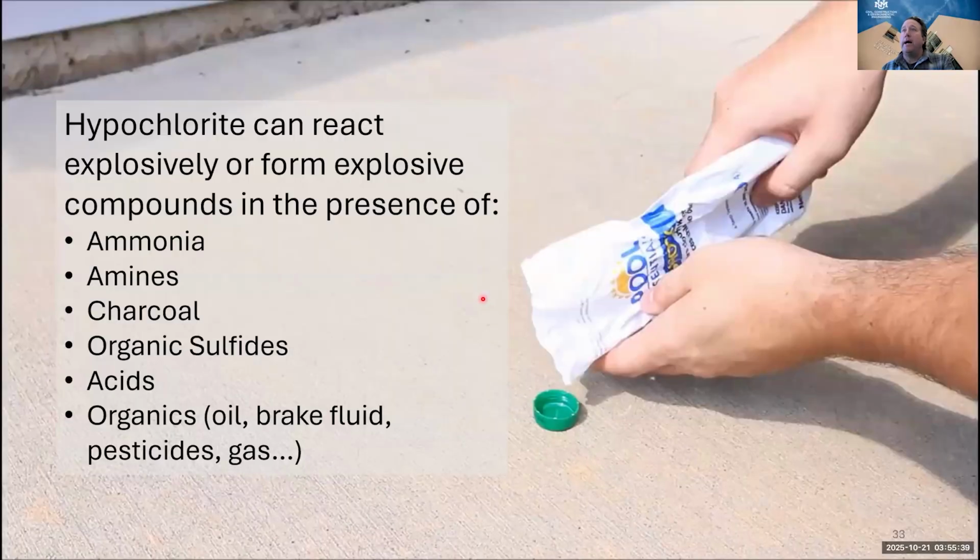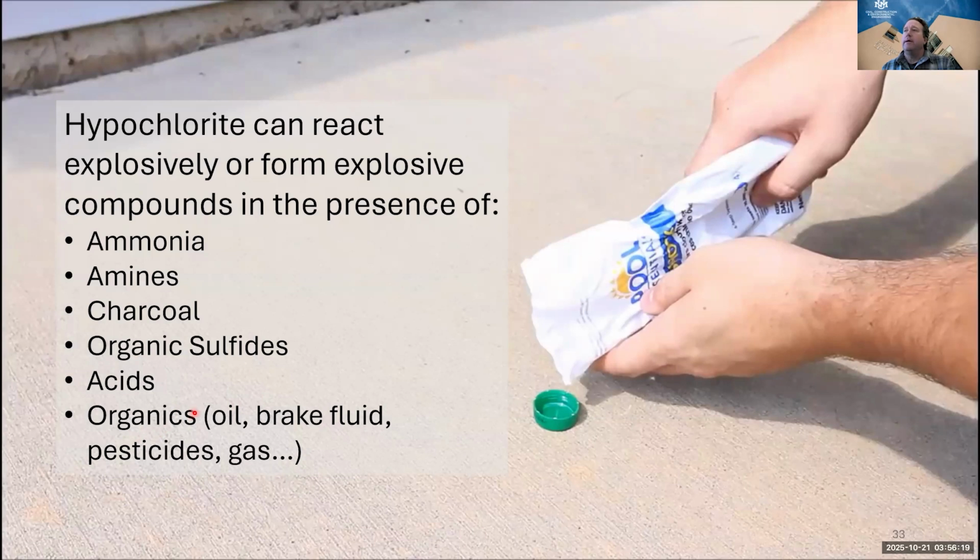All right, so hypochlorites can react explosively or form explosive compounds in the presence of a number of different interfering agents. And so ammonia, amines, charcoal, organic sulfides, acids, organics like oil, brake fluids, hydraulic fluids, pesticides, gas. And so hypochlorites are an oxidizer, right? And so what a lot of these have in common, at least with charcoal and some of these organics, is that they have carbon. And so when you have an oxidizer and carbon, it can cause explosions and